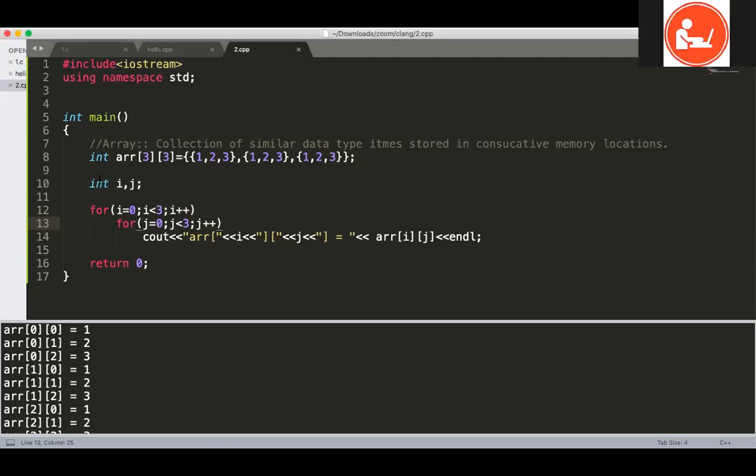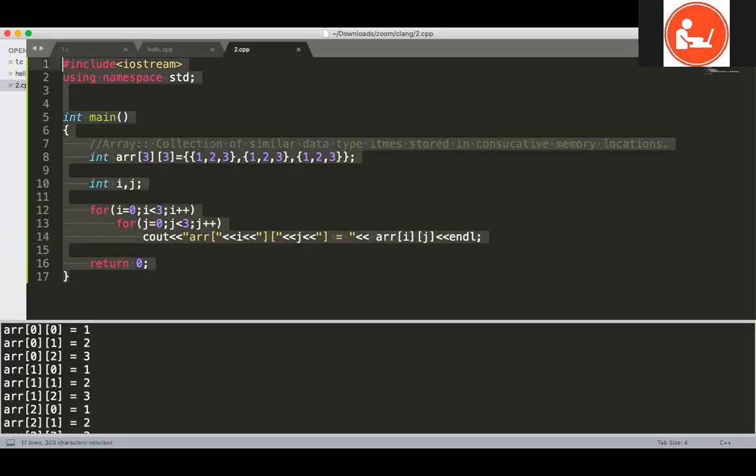So this array we have done. We are done with the array. Control C, and I'm sharing the code with this one. Okay. Now the next one is the